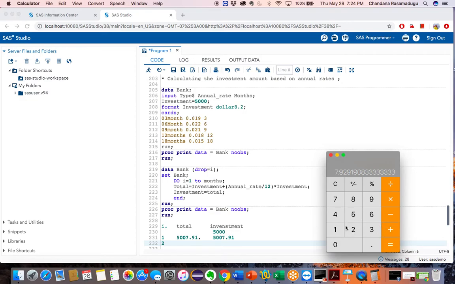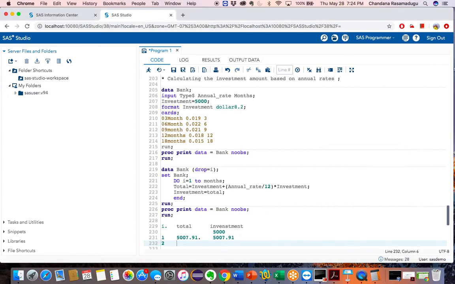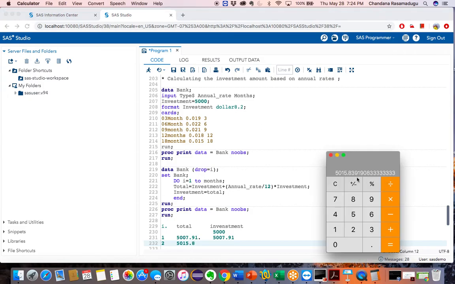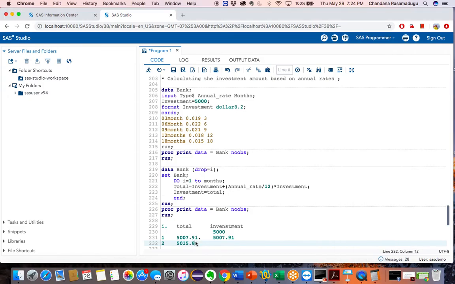Again, now I am adding this with 5007.91. Now I got 5015.83 as my total here in the second iteration, 5015.83 as my new total.